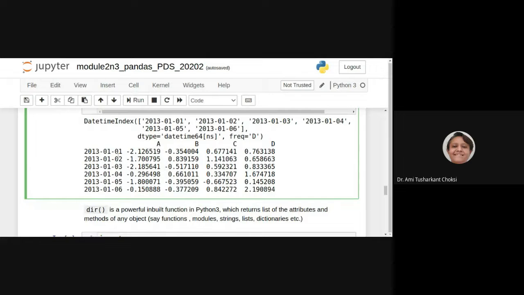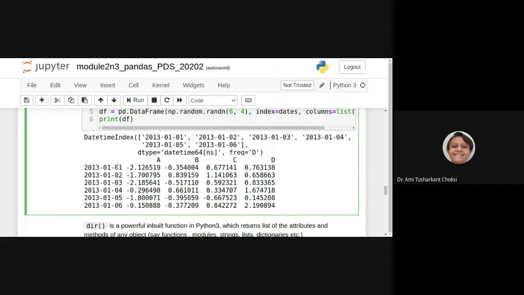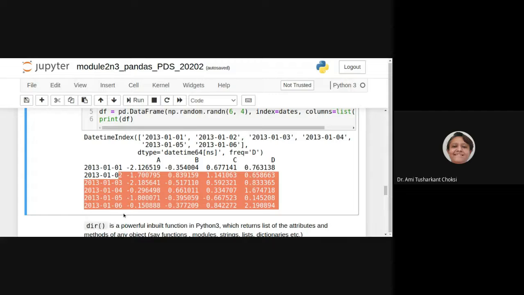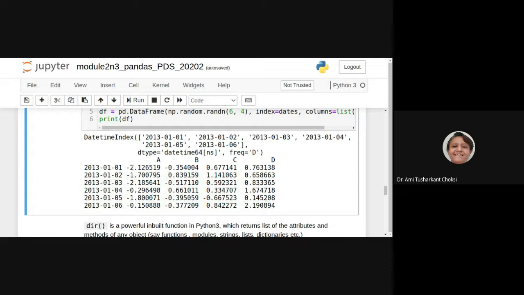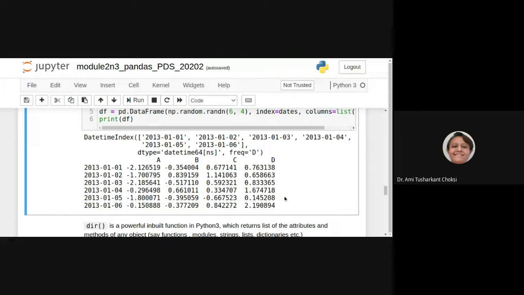The index is our date range that we have created, that is the dates object. So we can see it is 1st January, 2nd January, 3rd January, 4th January, 5th January, 6th January, right? And the data which we created using random numbers is placed here, and the column names are set as A, B, C, D, right?